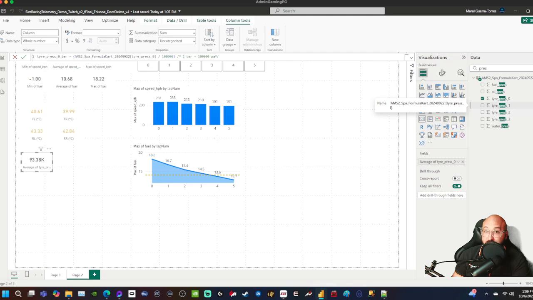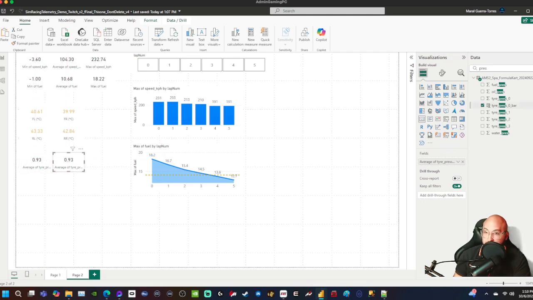And now I'm going to say 1 bar equals 100,000 pascals. And again, this is a comment just for my education and future me's that are developing this report or maintaining it. So now that I have the units in barometric units, I'm going to take that Tyre Press 0 bar and shift it into here. And now we have the sum. I want to switch that for the average. And now we have 0.93 bars. So again, this is the metric system, so I'm going to keep it there. Now, I'm going to change this